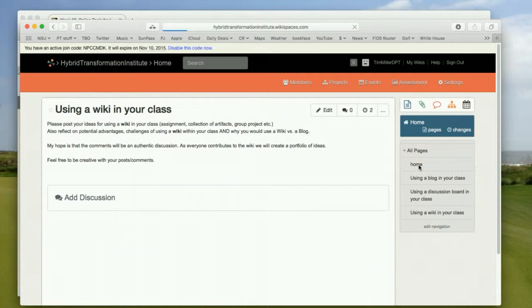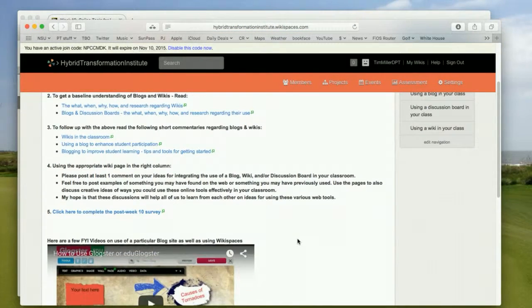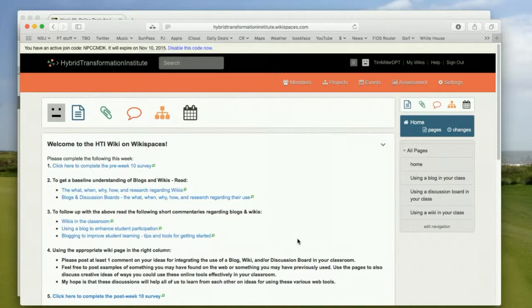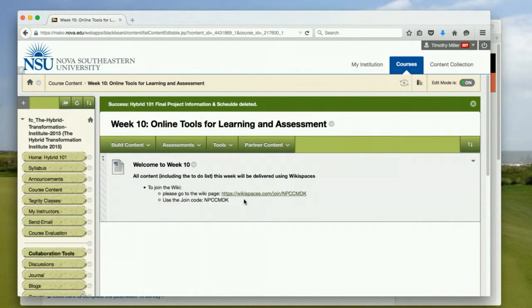Anyway, that's all the talking for me this week. You'll be glad to know there will be no other lecturing or anything else, but again, the week's content is going to be run through the wiki space here. If you do have any problems joining the wiki space through these instructions, just shoot me an email,